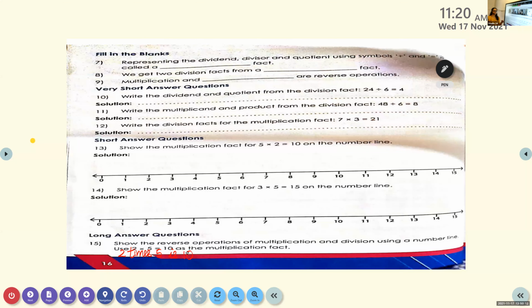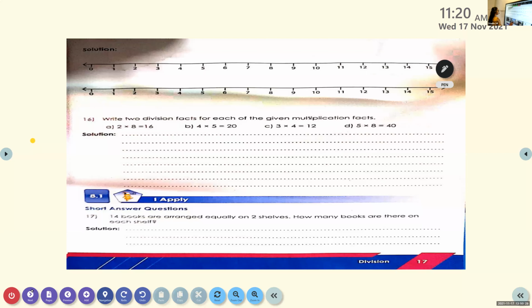After circling 0, take the fifth number and circle. Then again, take the fifth number and circle. It should be till 10. 2 times means 2 jumps should be there. Okay. Now, I'm showing you the next page over here. Yes, this is the page. Now I'm going to ask the question, let me start from Ashwin. Which number is to be circled first? 10.